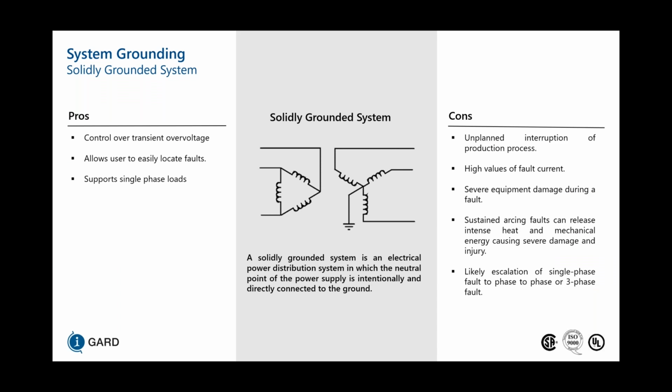Now, 60 to 70% of the time in the North American market, the systems that we utilize are solidly grounded. In a solidly grounded system, you would have a delta-Y transformer, where the X0 point of that Y side is connected directly to ground. A solidly grounded system will eliminate the transient overvoltage by shorting out the capacitance that exists between conductors and ground. And it allows users to easily locate faults because now there's a ground return path for fault